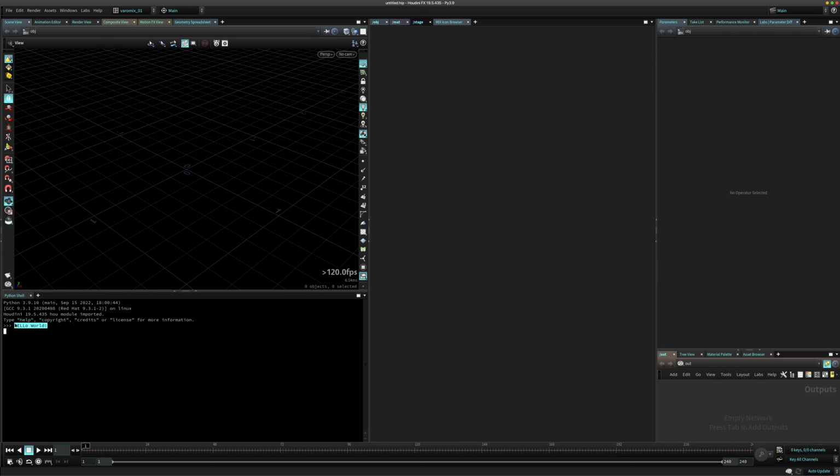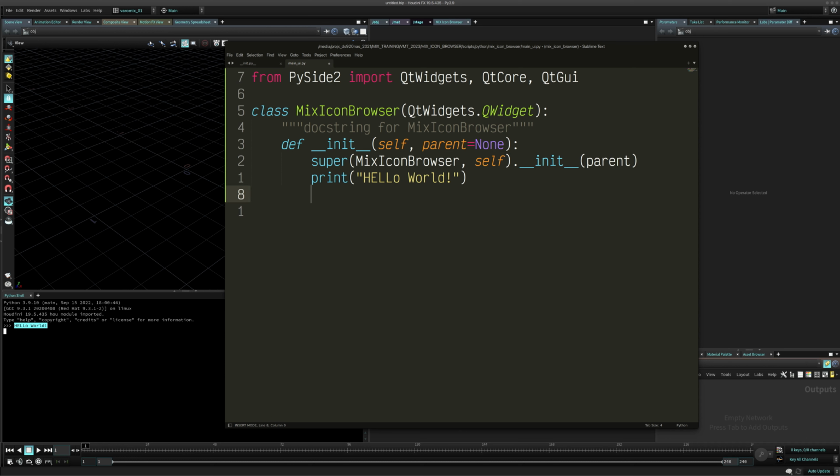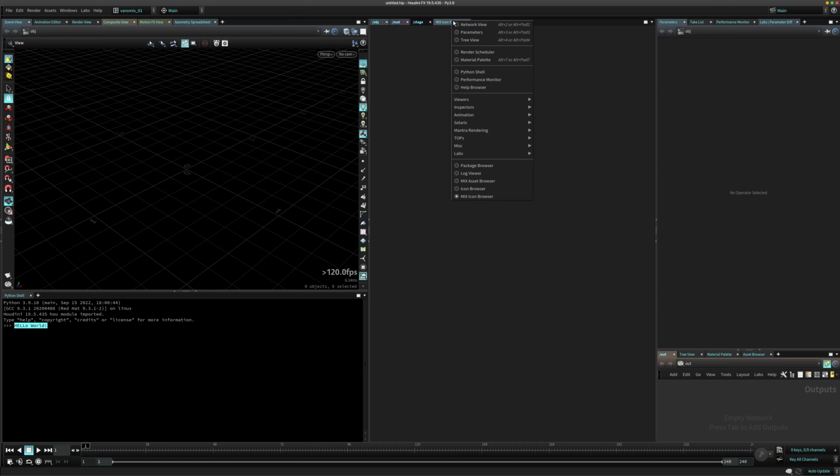This is working now. We could give it something here, maybe create a QtWidgets.QLabel. Let's hope this is right, and then say hello world from Houdini now. See if that works, and this is not going to work. So if I do, I don't know, what do? I don't even know. So the way you can refresh this is, instead of adding this guy, let's go and